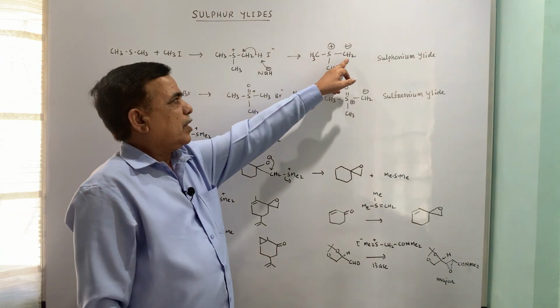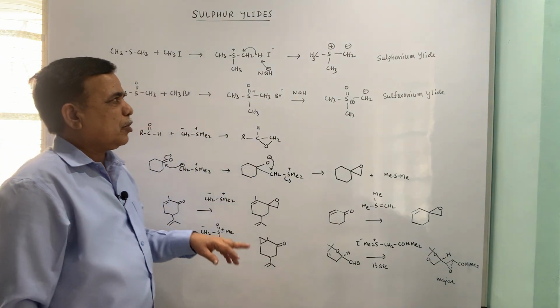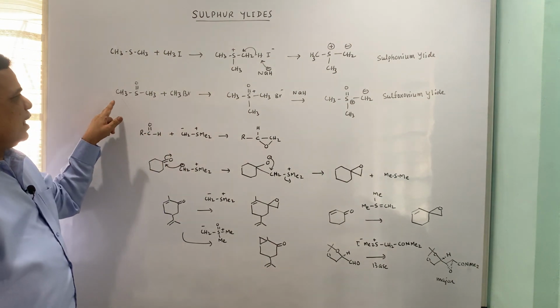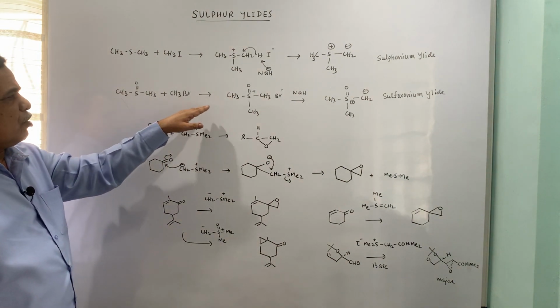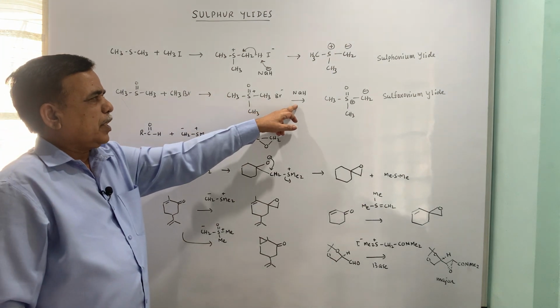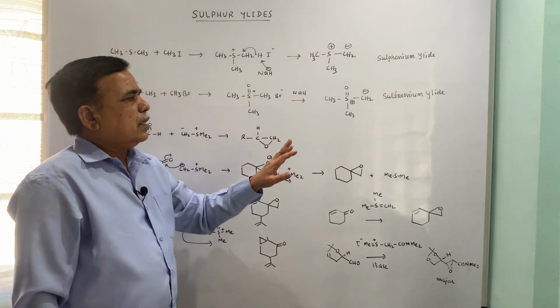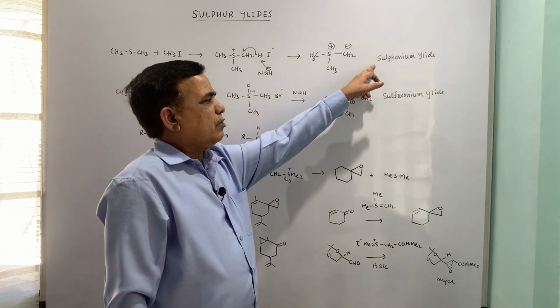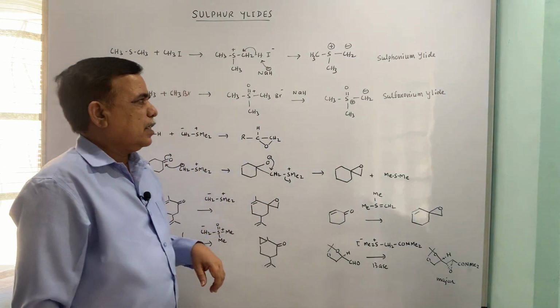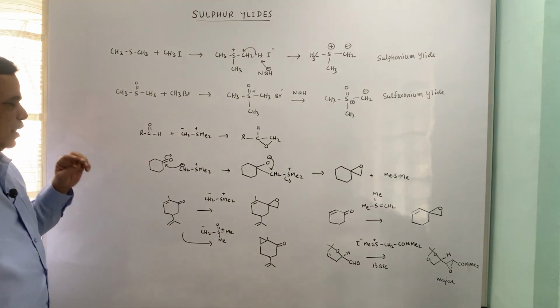Ylide is where carbon is negative, heteroatom is positive. Similarly, when DMSO is used and you get a salt, on treatment with base, you get the sulfoxonium ylide. This one is sulfonium ylide, the other one is sulfoxonium ylide. Some illustrative examples: